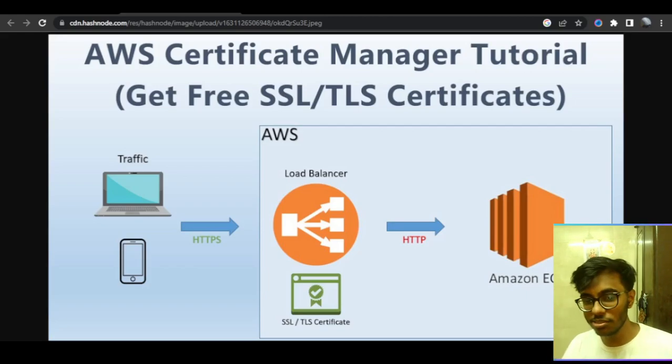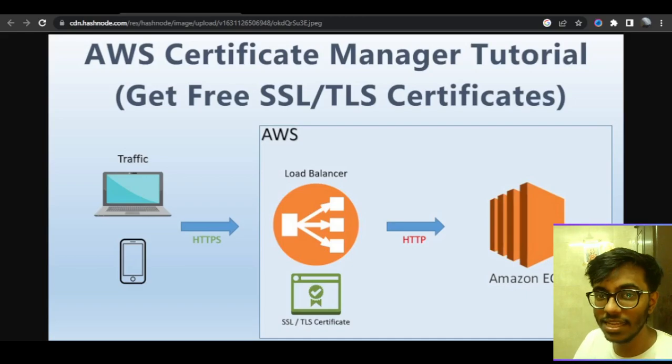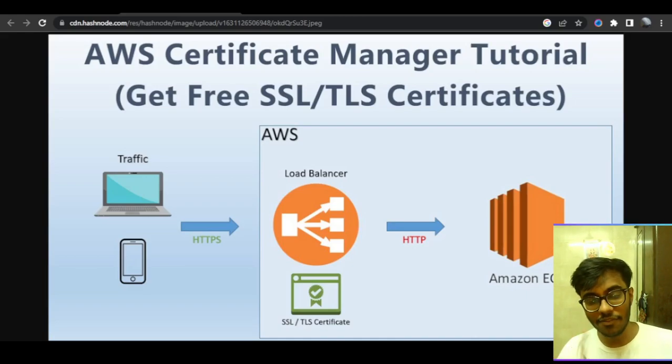Now, the prerequisites of this is that you must have an AWS free tier eligible account and you must have a domain name. Now, the domain name that I have is from